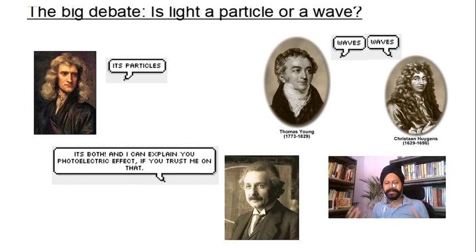But it's not the end, because there were two phenomena that you could not explain if you assume light is a wave. The first one is the photoelectric effect, the second one is the Compton effect. We are not able to show that with waves, and then comes Mr. Einstein. He says it's both. That's something new, because how can something be a particle and a wave at the same time? In the next slide we are going to cover what is a wave and what is a particle. But Einstein is proposing, oh, it's both.